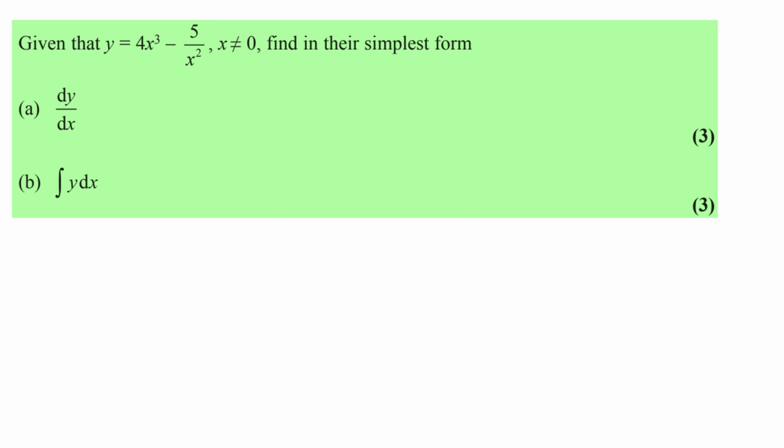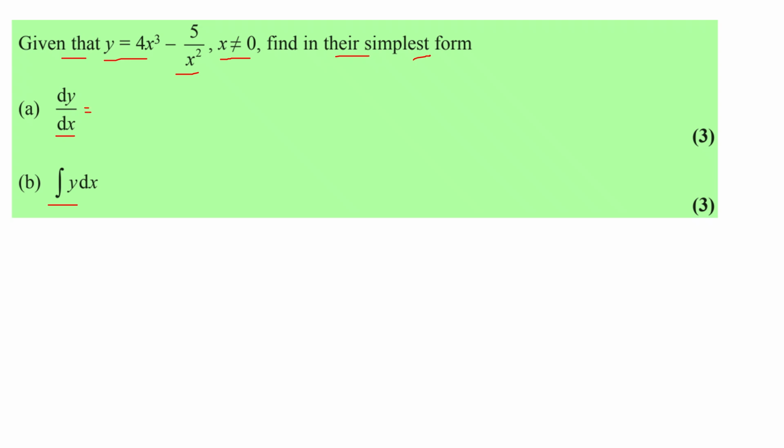AS level maths, so year one pure maths, for Edexcel, OCR, and AQA, looking at dy by dx, so the first derivative, so differentiation, and also integration or indefinite integral in this video lesson. So, given that y is equal to 4x cubed minus 5 over x squared, where x does not equal 0, so it does not belong to 0, because we can't divide by 0, find in the simplest form dy